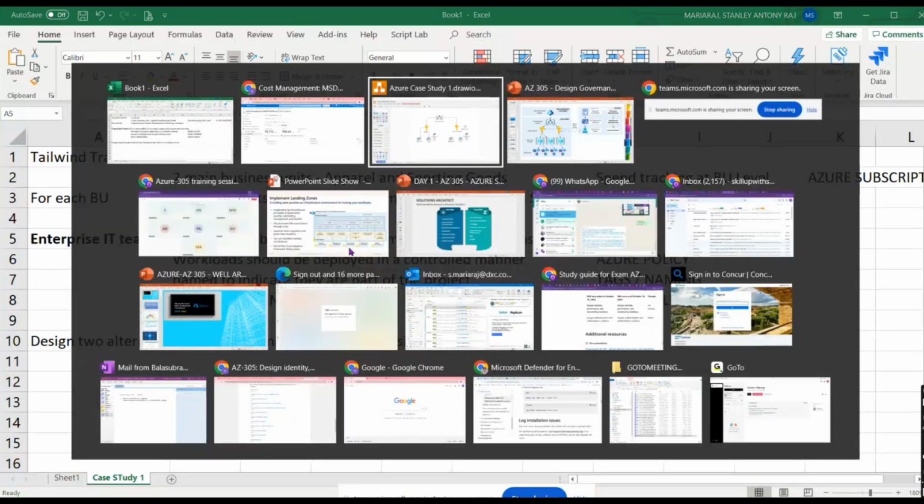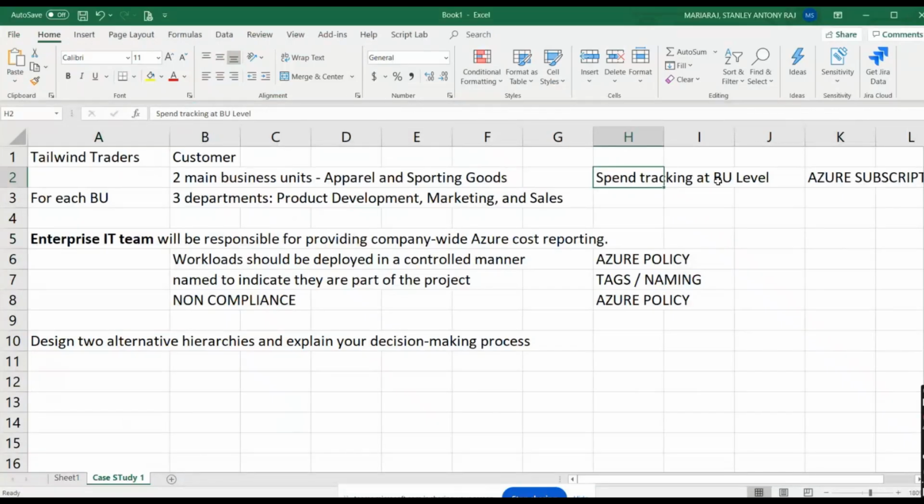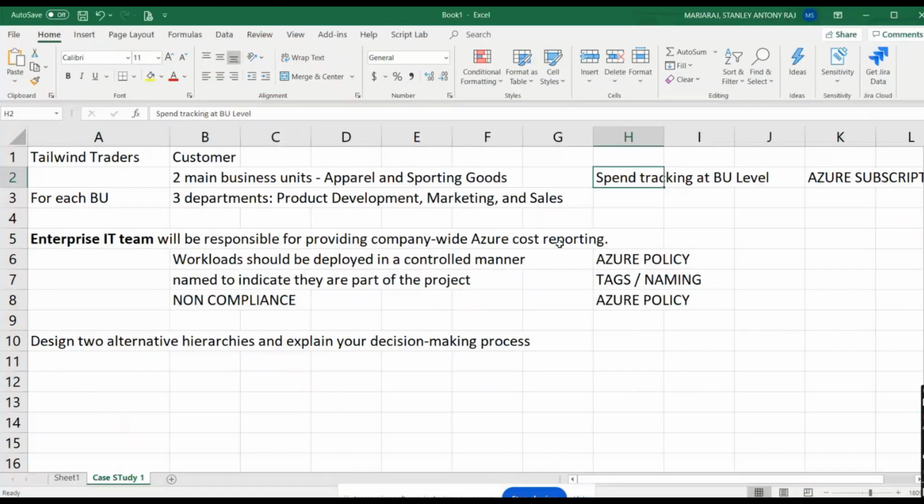Okay, so I would prefer this option 2, considering that category. You also get a separate bill for each BU. That is the first requirement they have got, right? Each BU should have separate tracking and invoice at BU level. We have achieved that here by creating two different subscriptions. And for the IT team to get the consolidated company-wide cost reporting, they just have to consolidate only two invoices